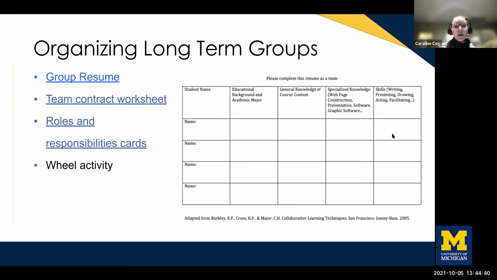So we're going to talk about organizing long-term groups, and hopefully some of this will be helpful. Carla, I know you mentioned wanting new ways to form those groups and organize them that are less tedious and involve less guesswork for you. All right, so